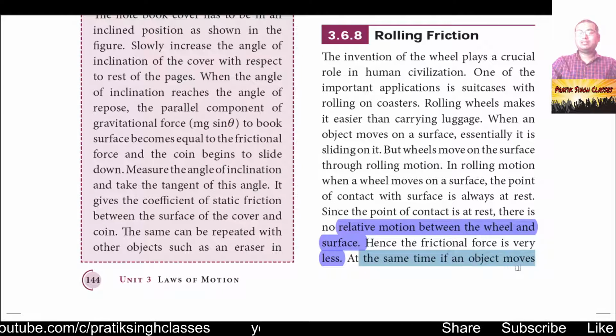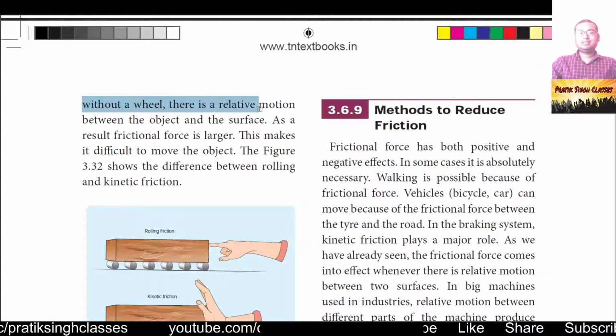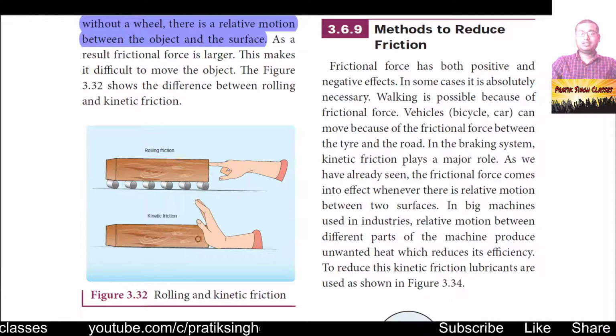At the same time, if an object moves without a wheel, there is a relative motion between the object and the surface, whether you are pulling the object or pushing, as given here in figure 3.32. In the first figure, there are some rollers on which a log is put, and in the second figure we have a wooden log which is just kept on the surface. As you can see, the point of contact in the first situation is very small with respect to the second figure, and so it becomes easier to push this wooden log,